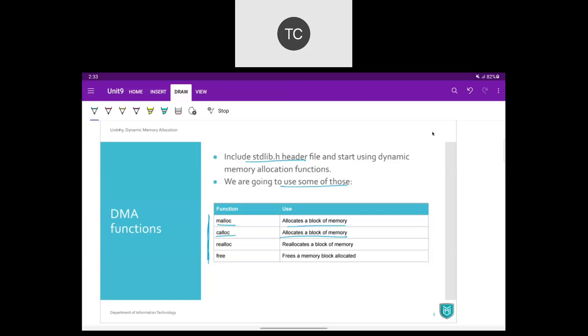Now, the syntax of these two functions is different, and we'll see what is the difference between malloc and calloc later. Okay. So, malloc and calloc, these two functions are used to allocate a memory.